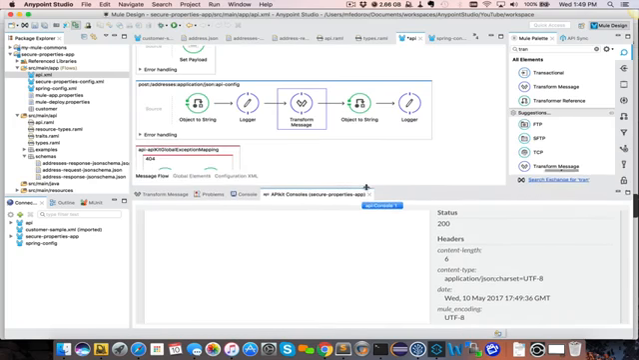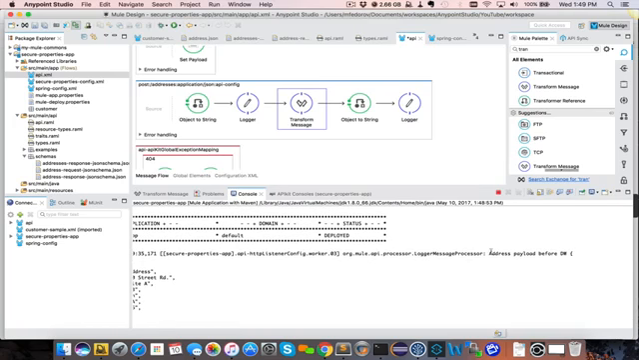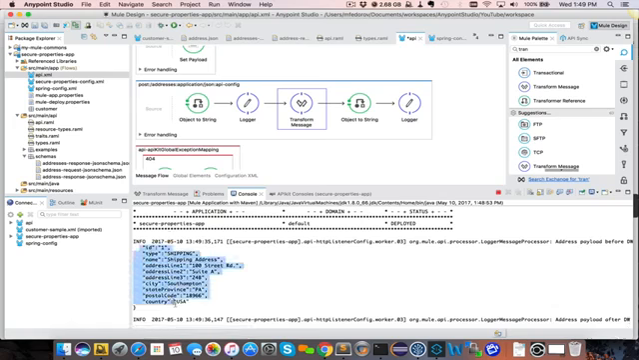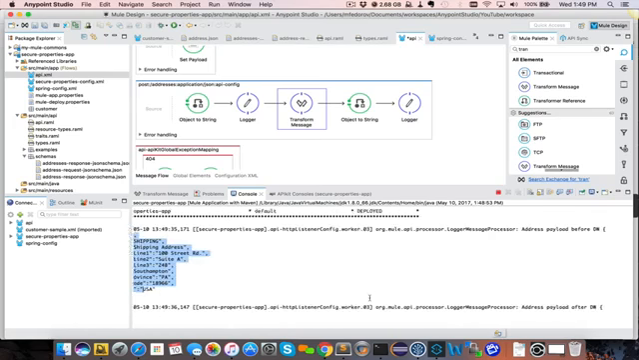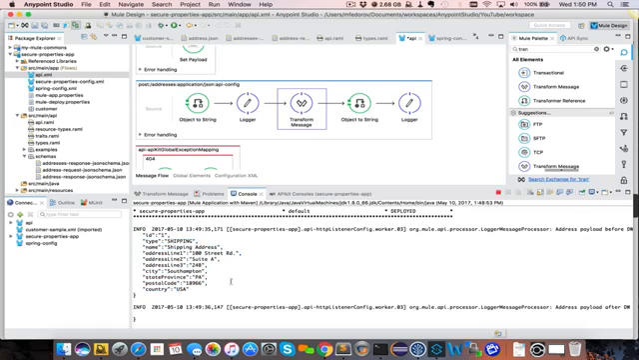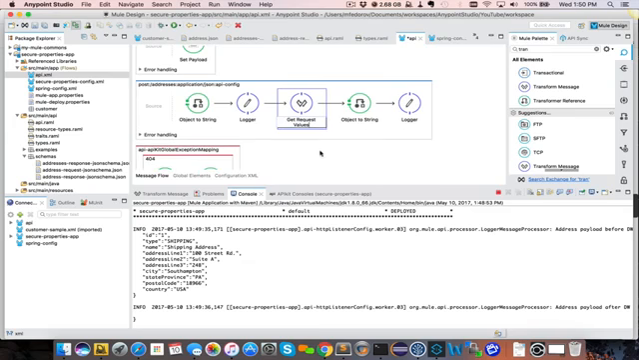And here's what I wanted you to pay attention to. Address payload before DataWeave is this. That's what we received. That's correct. Address payload after DataWeave is empty. So that's one of my tips. If you use your DataWeave to only fetch values from the request and store them into variables,